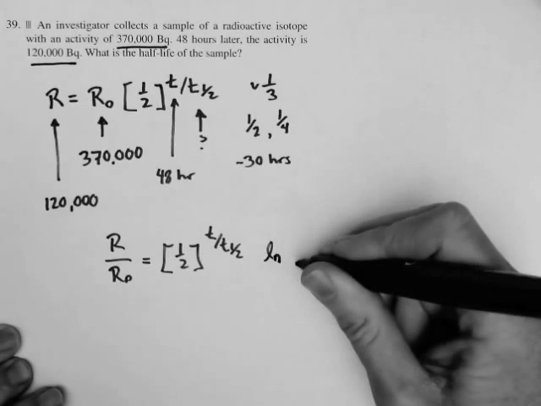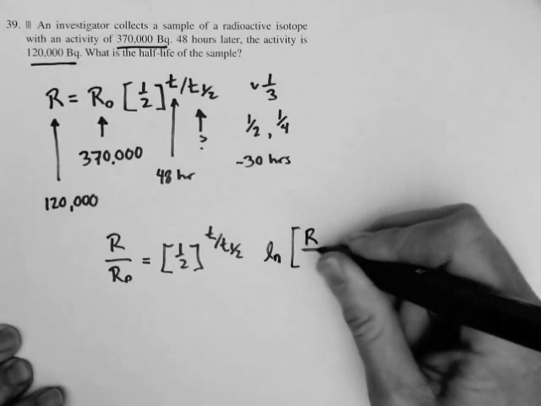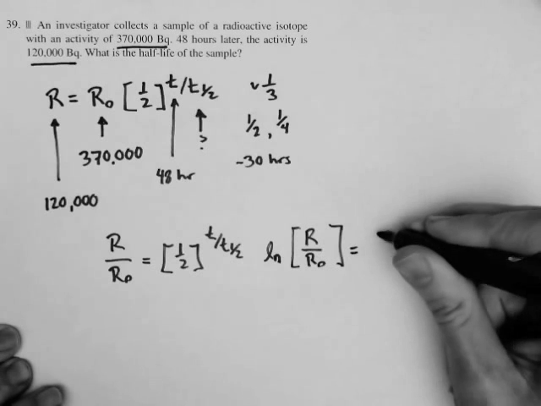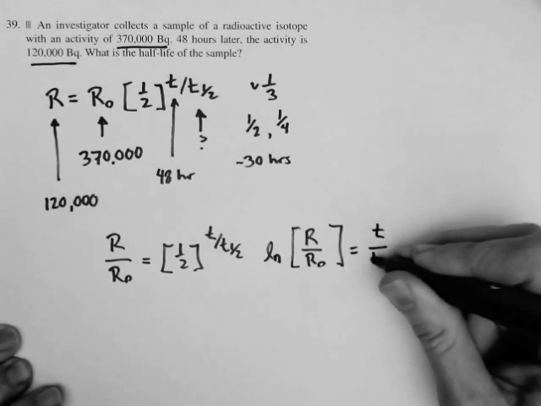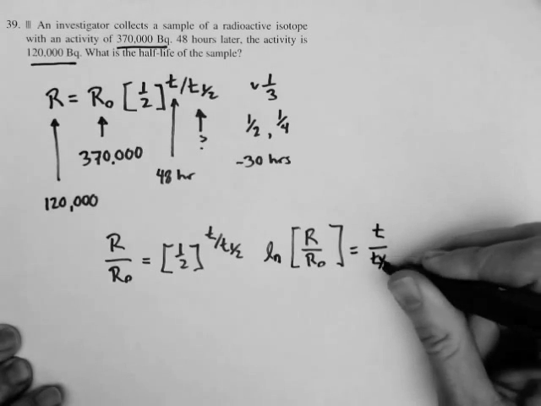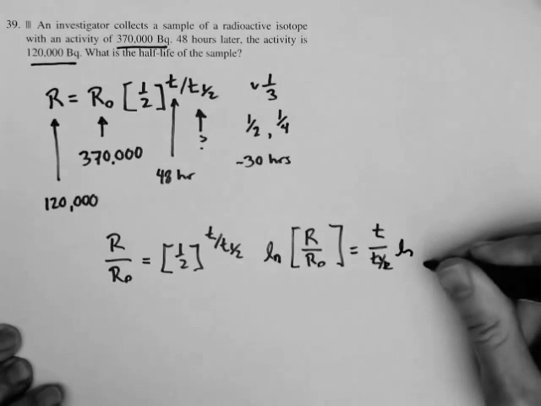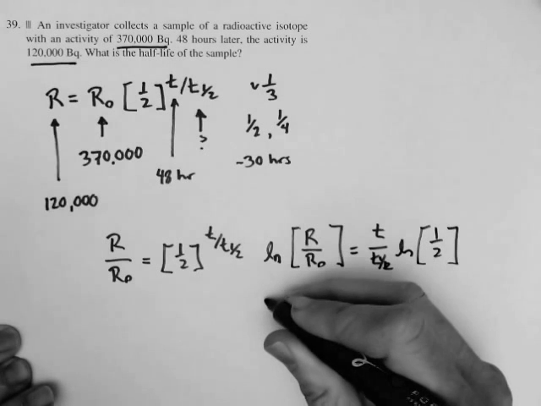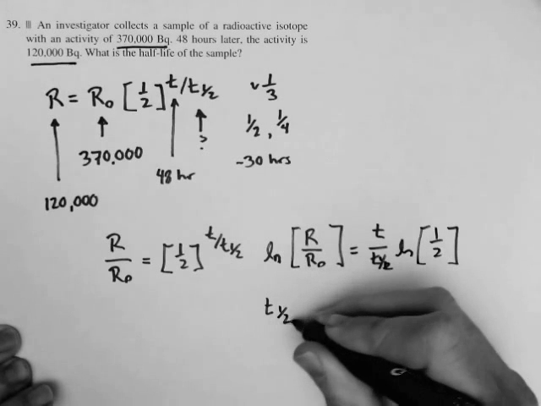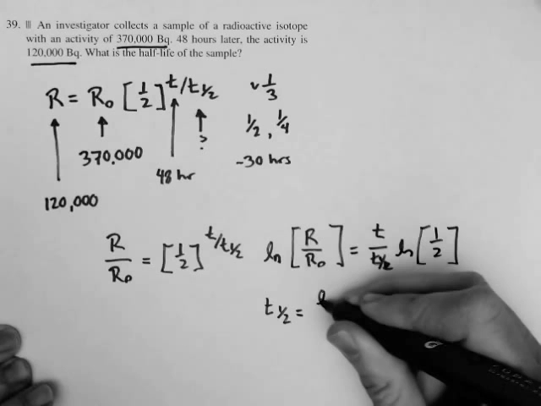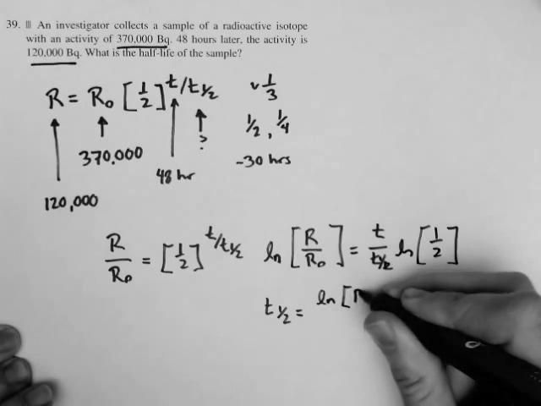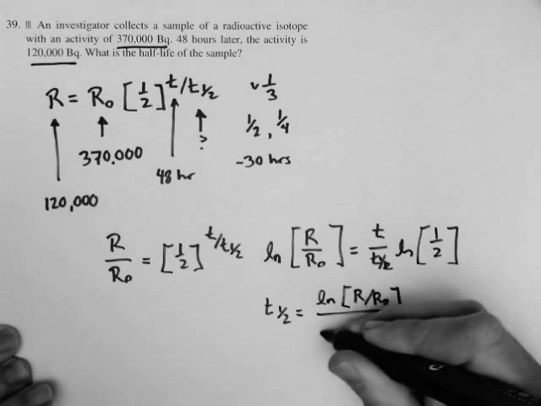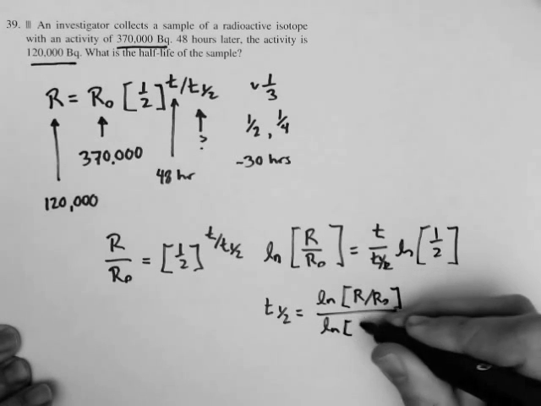The natural logarithm of R over R0 is equal to t over T 1/2 times the natural logarithm of 1/2. What I'm trying to solve for is T 1/2, and so T 1/2 is equal to the natural logarithm of R over R0 divided by the natural logarithm of 1/2